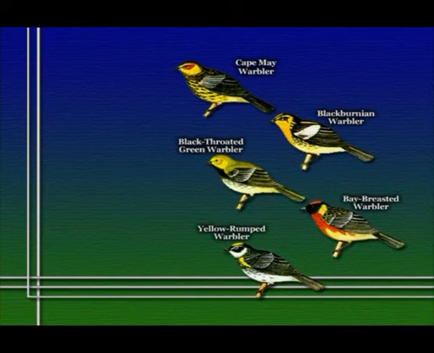Now, the interesting thing about these 5 species of Dendroica warblers is that they live in a very specific kind of habitat, and they appear to actually eat pretty much exactly the same kind of food. All 5 of these species are insectivorous. They eat small insects by catching them on the wing or gleaning them, and they all spend most of their time breeding in mature coniferous trees in forests of the northeastern United States and up into Canada.